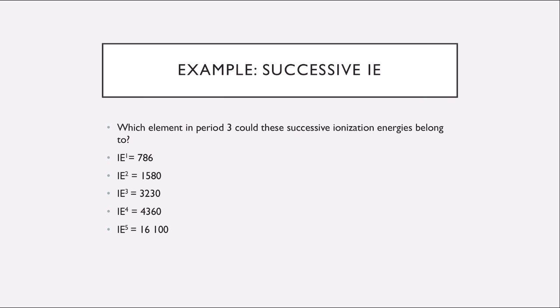The last example is which element in period 3 could these successive ionization energies belong to? So the answer is actually silicon. And we know this because we can see that the increase in ionization energy is quite steady from the first to the fourth ionization energies. So we can deduce that these are valence electrons being removed. Now, since this is a large jump, we can assume that that's a core electron being removed. So to figure out our answer, we can find which element has 4 valence electrons in period 3,